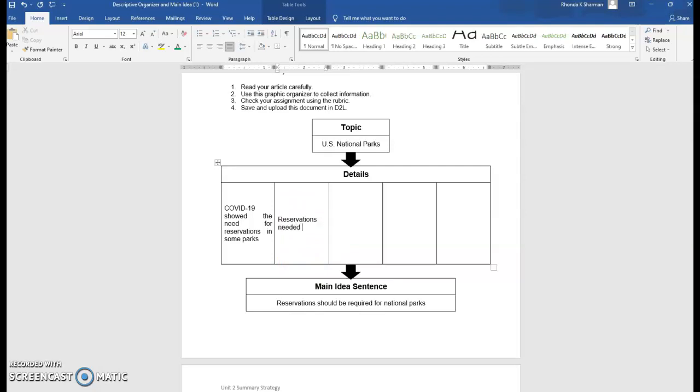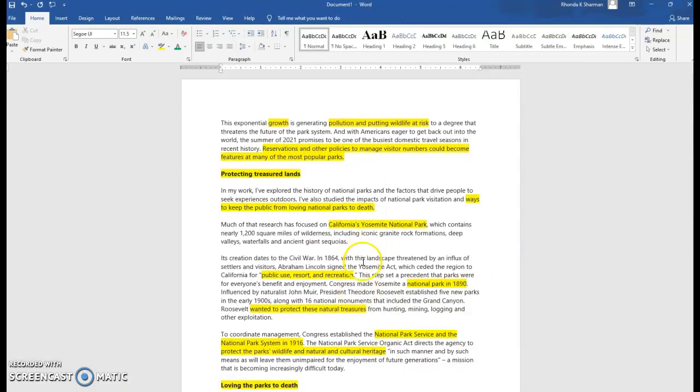So reservations needed to protect the parks from being, well, actually the word they used was loved to death. We really don't want to have quotations in our summary, so we may need to just figure out a way to say that in a different way. Okay, then I would go back and continue